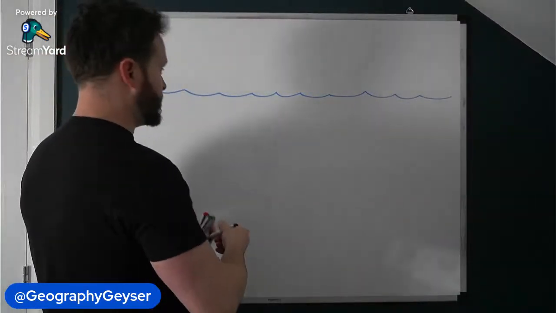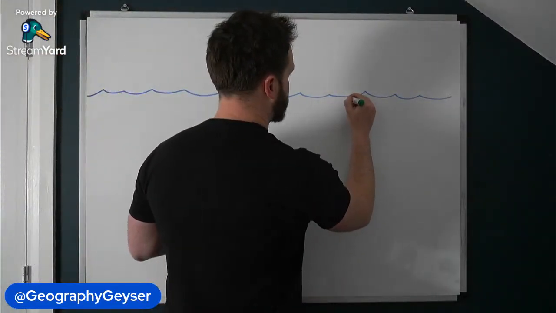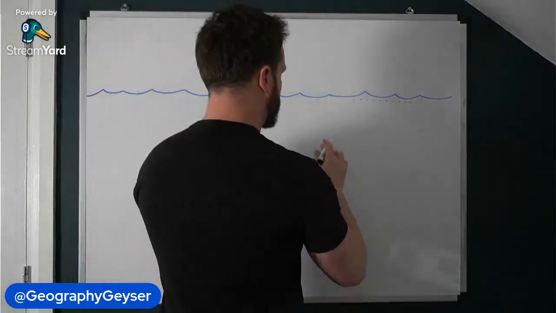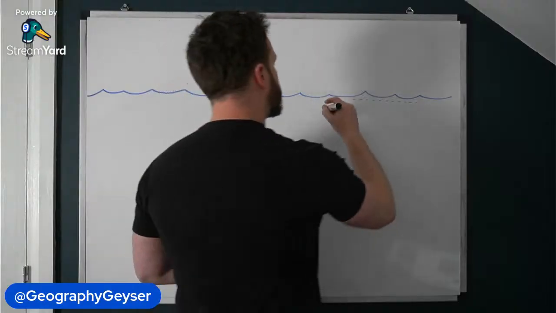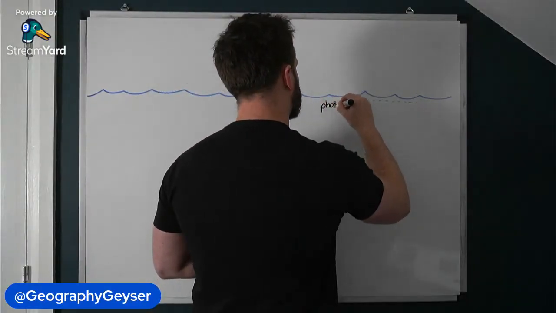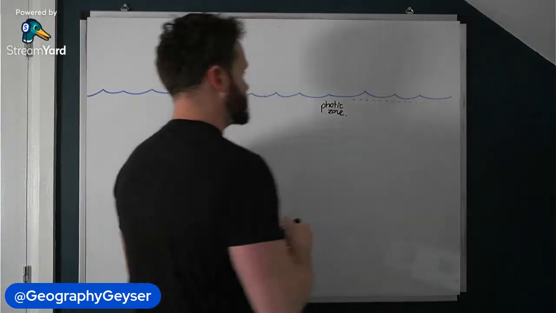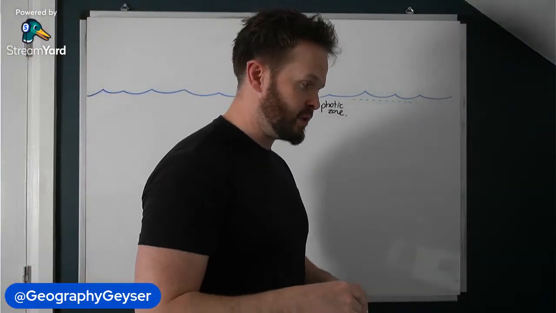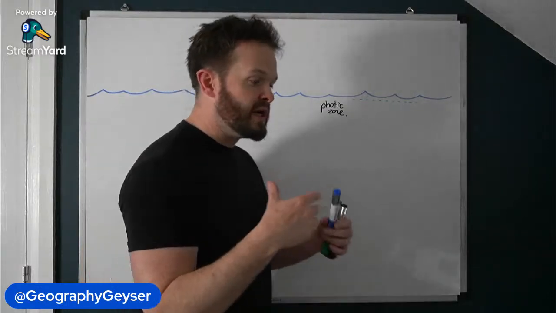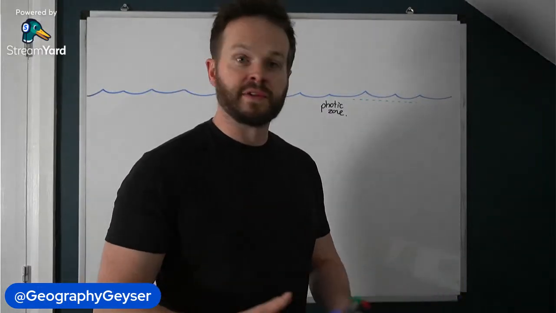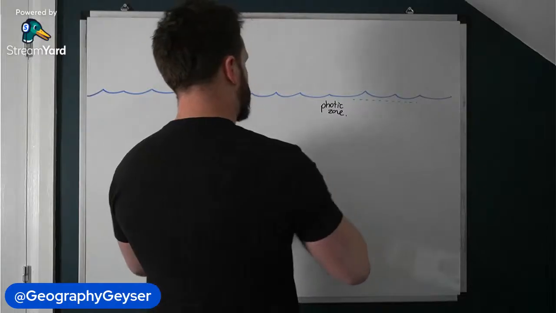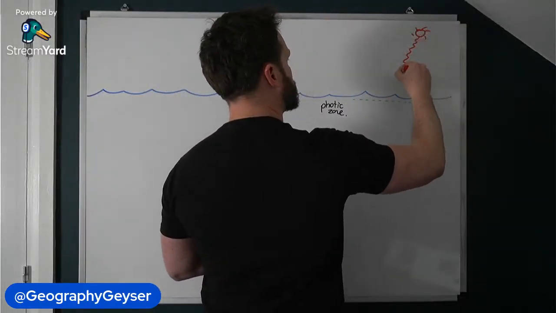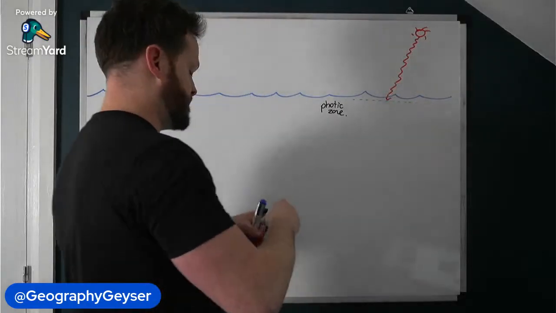So we got to that point, didn't we, where we know that there are phytoplankton that exist in the surface oceans. Now, what we describe this layer as here is something known as the photic zone. So the photic zone is the area within the surface oceans that can be exposed to, or there is sufficient sunlight for photosynthesis to take place. So there we go. We've got the sunshine, shortwave UV radiation. So what else do we need?